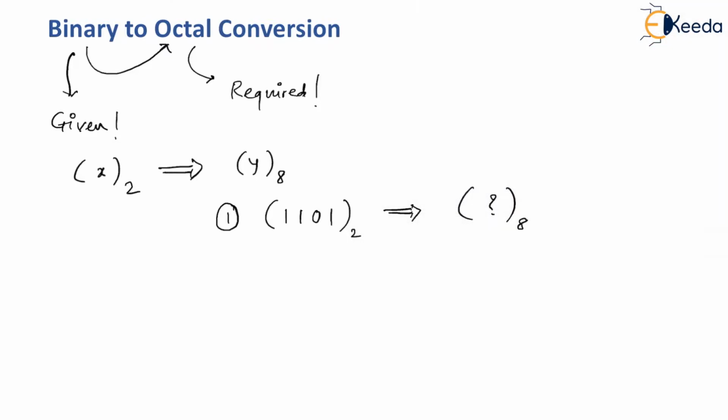So as I said, you have to group it from right to left. So very well you understand that you have to follow this direction. Make a group of 3, that is, the first group will be having 101 like this, and then only one is remaining, so I'll write that one as it is. But then since I have to make a group of 3, without changing the meaning or the value of the number, I have to write extra zeros. So that's what I'm doing. I hope you understood that.